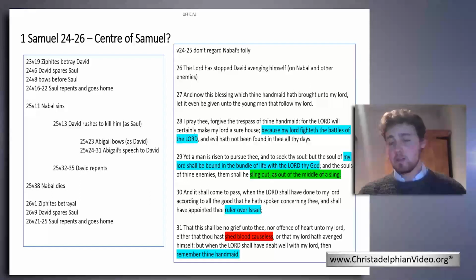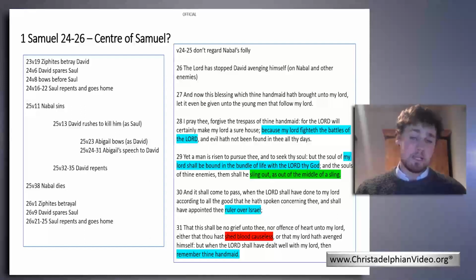And that is the thing which David is stopped from doing now, but in the second half of the book of Samuel is really the event that characterizes that second half of David's life, isn't it? His sin, where he does shed blood causeless. So I suggest here that we've got a lot of the elements of the 2 books brought together in this